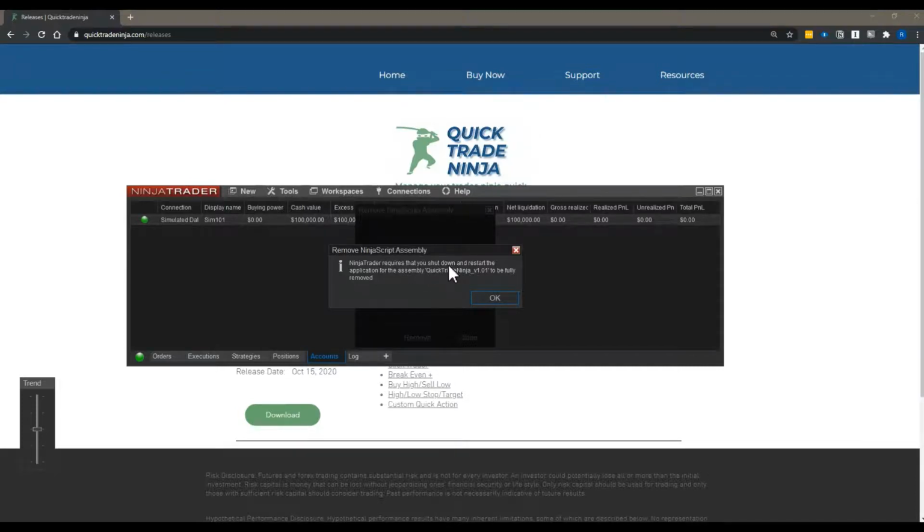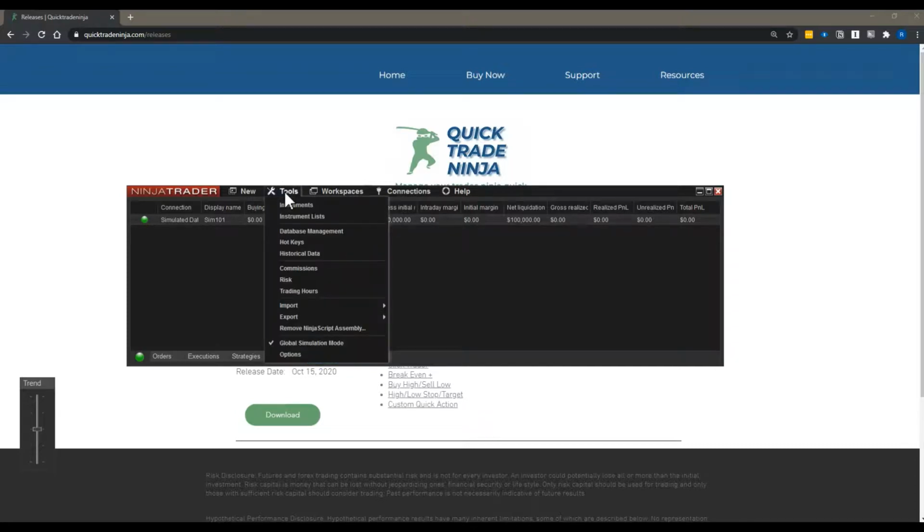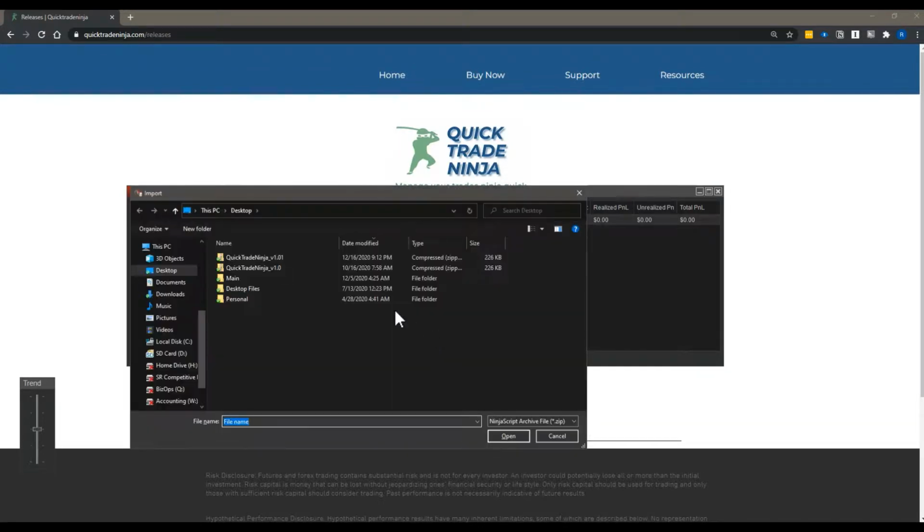Now it says here you need to shut down and restart the application for it to be fully removed. Go ahead and do that. Just for this video's sake, I won't do that, but you would want to shut down, restart NinjaTrader, and then once you log back in, come back into Tools, and then go back to Import, NinjaScript add-on, and here you want to select the new version that you just downloaded,